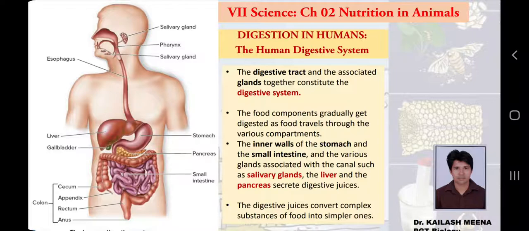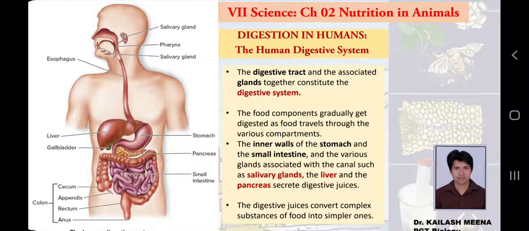digestive tract. So our human digestive system not only digests the food, but it also absorbs that food, because we need our food to grow, to reproduce, to survive, to heal our wounds, to perform many tasks. So we need that food, and our digestive system provides that food in a form we can use. Finally, this food gets absorbed by our digestive system, then it reaches all our cells through the circulatory system, which is blood, heart and some vessels.